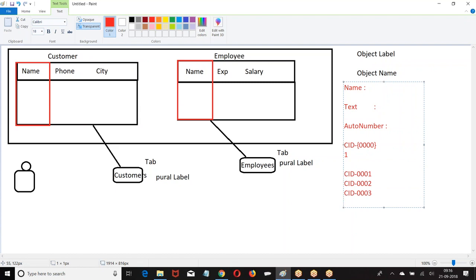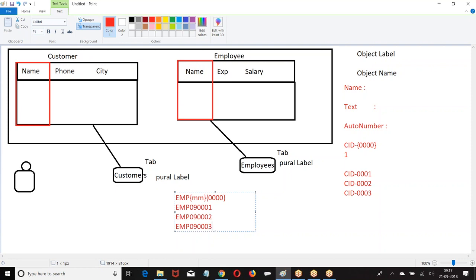Based on the format I have given, the system will automatically create the number. Suppose I have given a format like EMP 09, based on the format you specified, the system will auto generate the number.